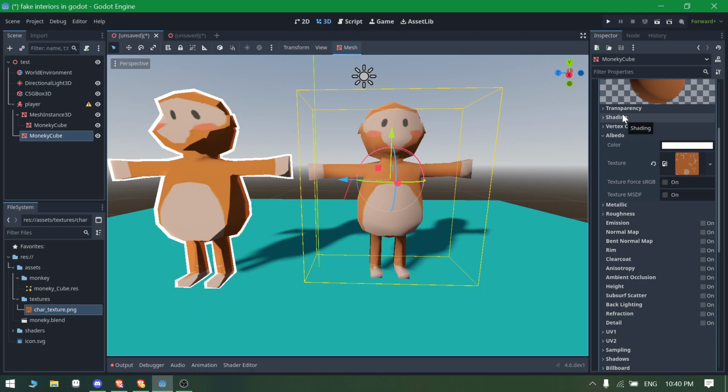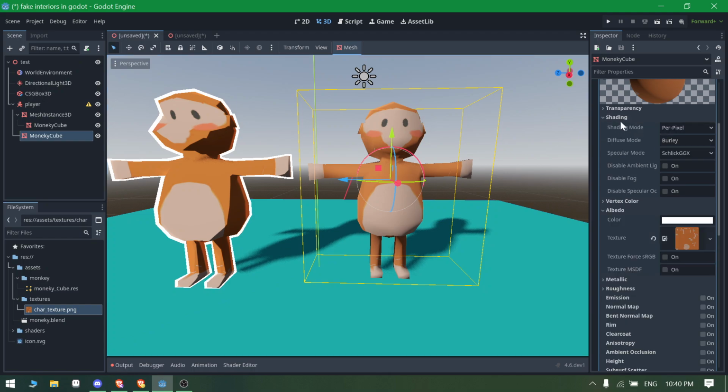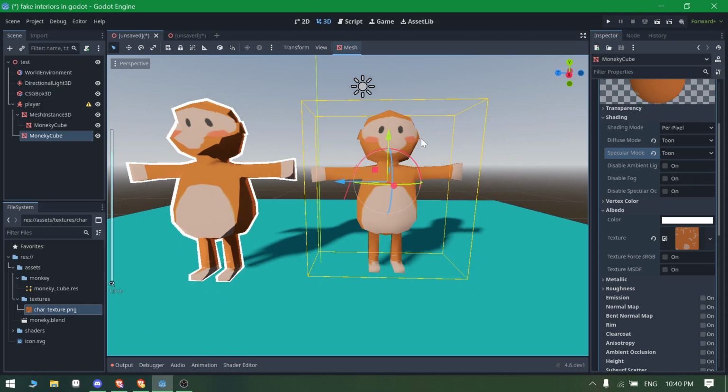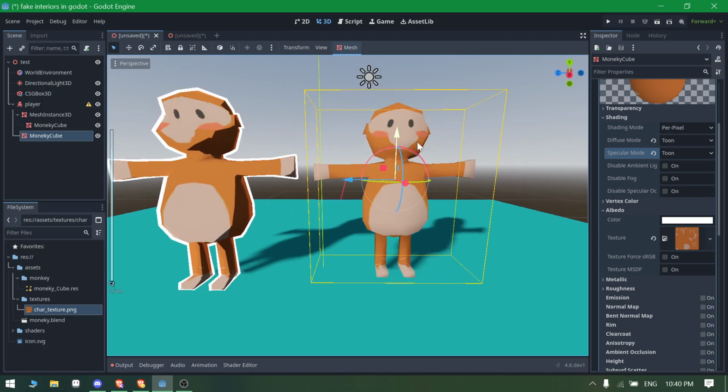And the next thing is we are going to go on to shading here, and we are going to set the diffuse mode to toon. After doing this, we are going to set the specular mode to toon if you like more specularity in your model. Right now you can see it doesn't look like a toon